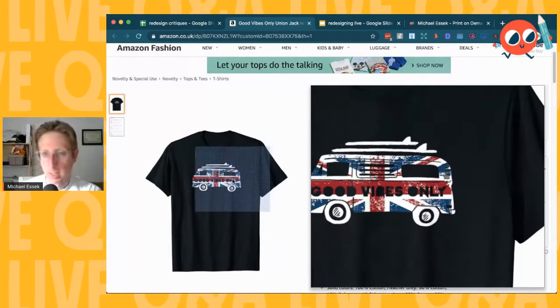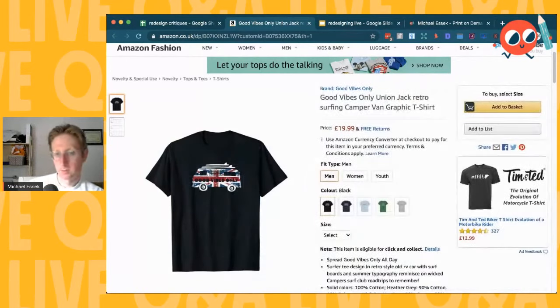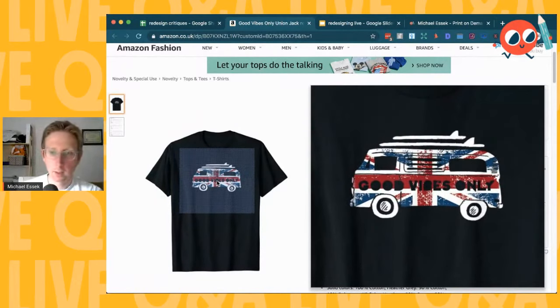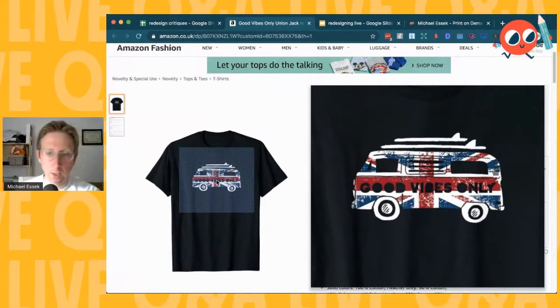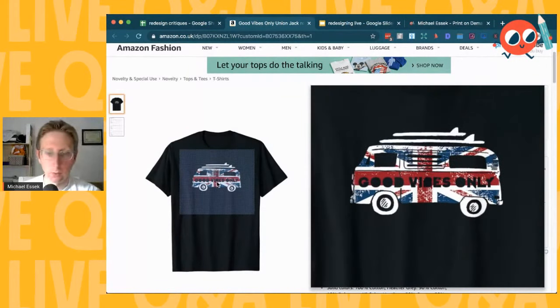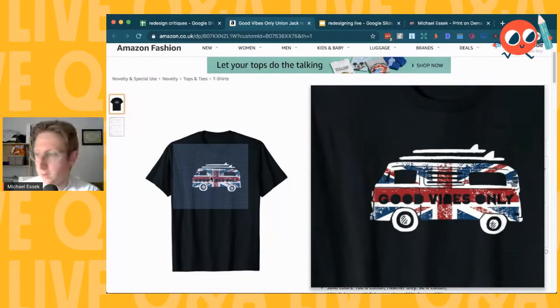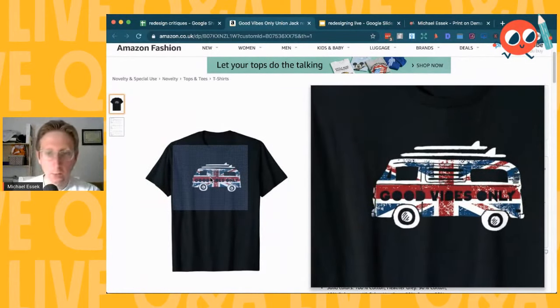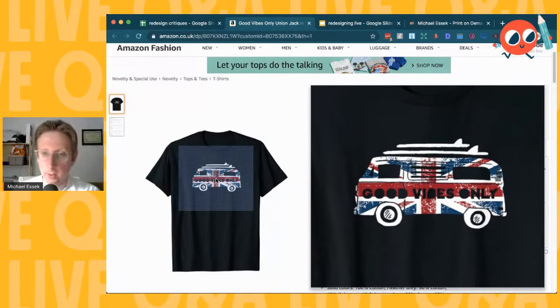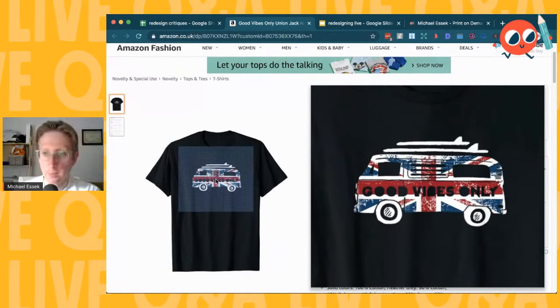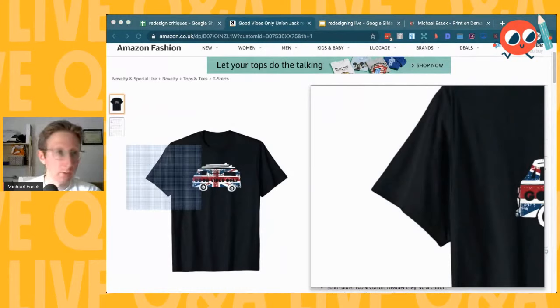So it's a nice design, and in a way, I'm kind of loath to criticize it in any way. But if it were me, and that's what I think is most useful here, I would go a different approach with this kind of design. I get that it's going to be appealing to British surfers and that crowd. The approach I've gone with, and I'll pull up my example here,